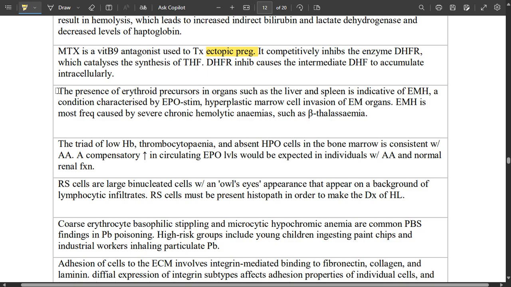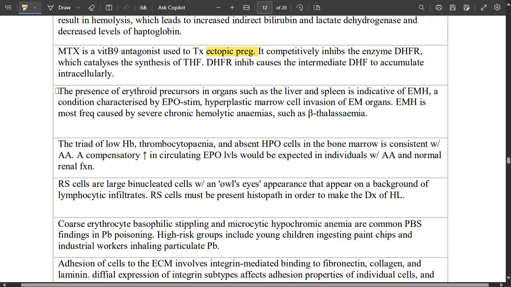beta thalassemia. So extramedullary hematopoiesis is most frequently caused by severe chronic hemolytic anemia, such as beta thalassemia. So in beta thalassemia, there is a kind of anemia, which is iron deficiency anemia, and there is a defect in hemoglobin, in the globin gene in thalassemia, and extramedullary hematopoiesis is most frequently caused by